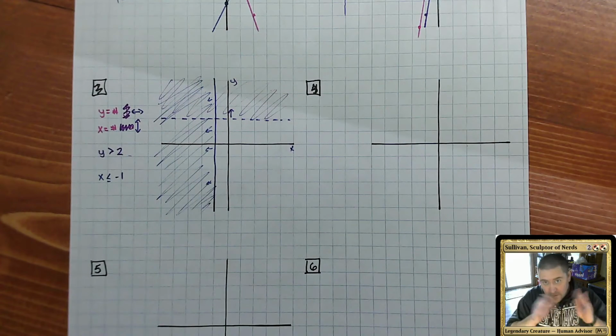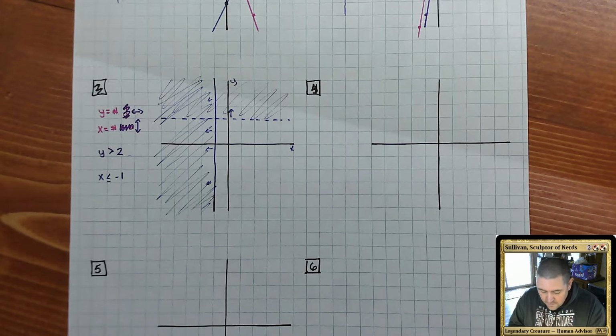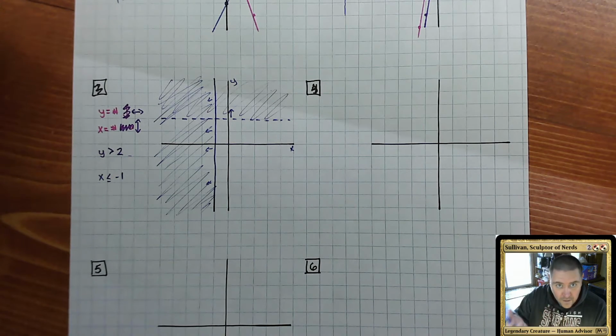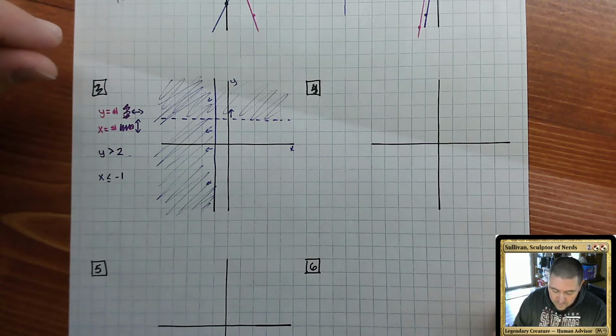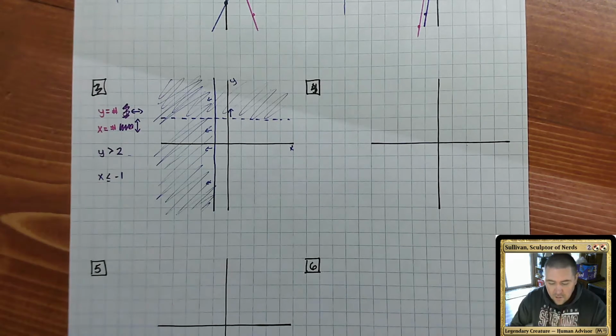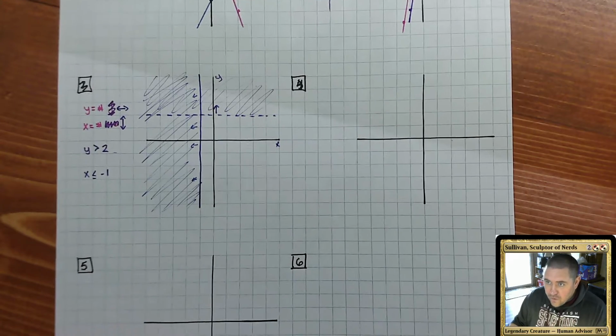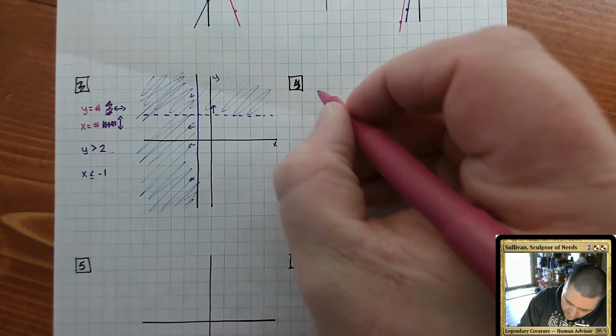Okay, so I had to do them on the same graph, but you're going to have 2 separate ones. So this is just reminding us that when we have to do inequalities, we're going to have solid or dotted lines. We're going to have to shade in a particular direction. And these are the special vertical horizontal ones that sometimes we goof. When we move on to the next, we have